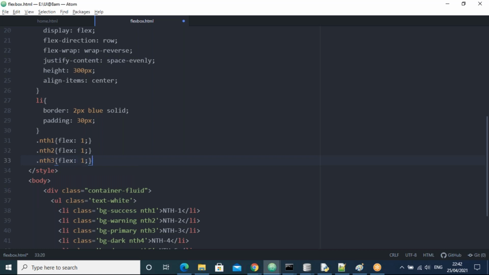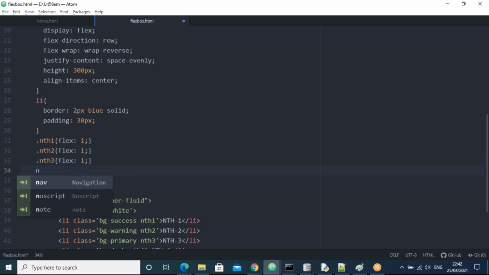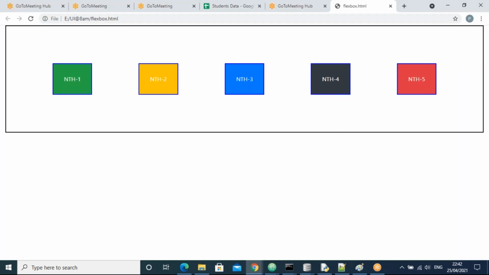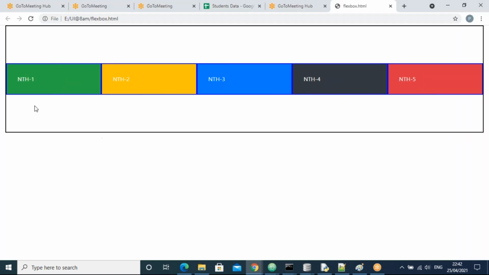For nth4, flex 1 again. Last one, nth5, flex 1. I have taken flex 1 because all are equal in size, guys.